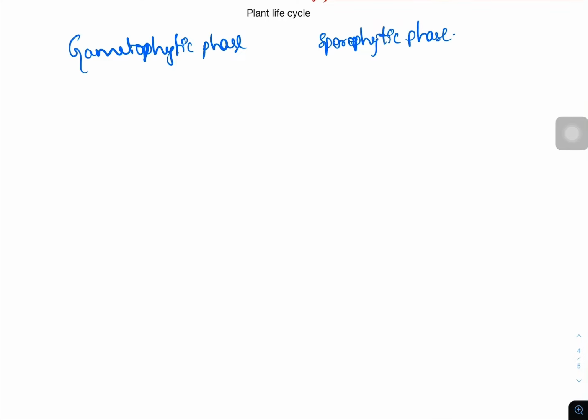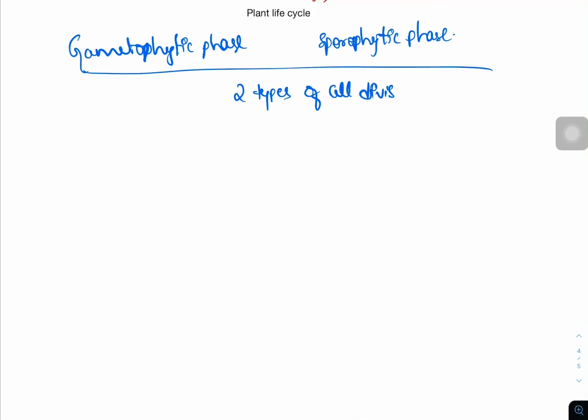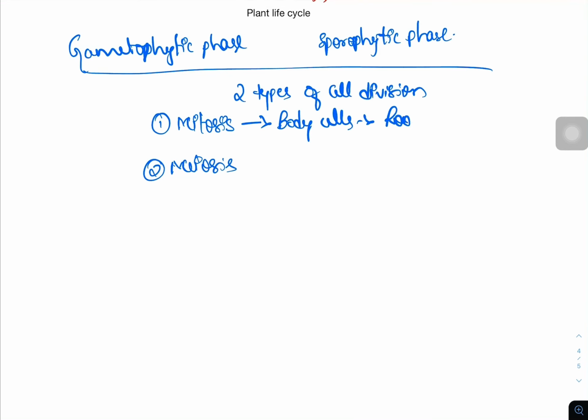Okay, before that I need to tell there are two types of cell division. One is mitosis and another one is meiosis. Mitosis is a type of cell division that takes place only in the body cells like root cells, stem, flower, leaf. Whereas meiosis is a type of cell division that takes place only in gametes,